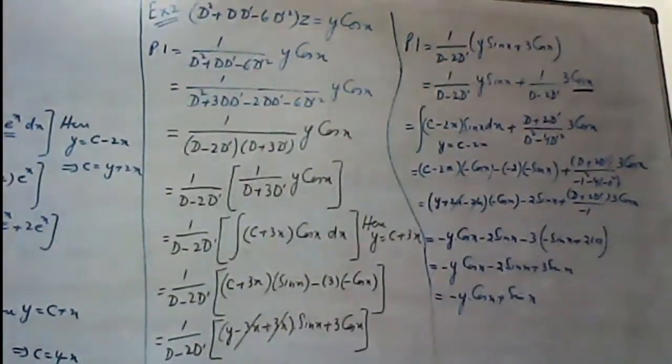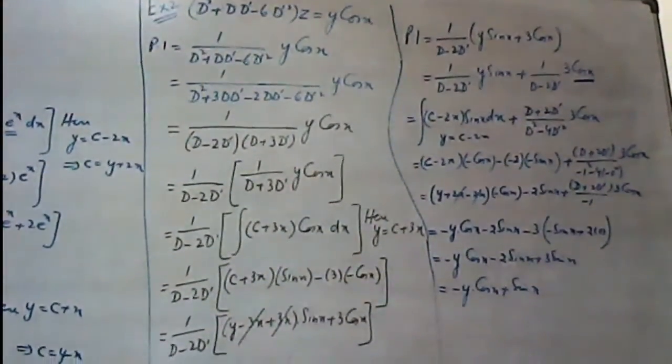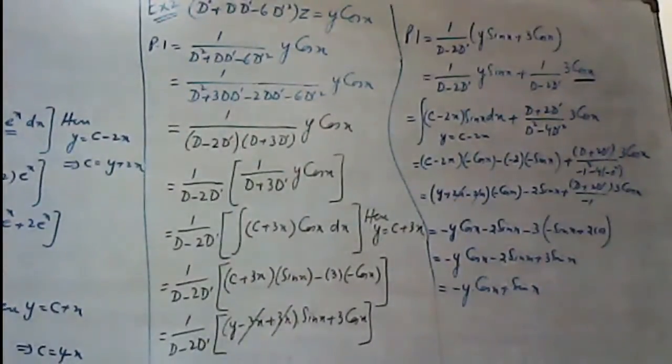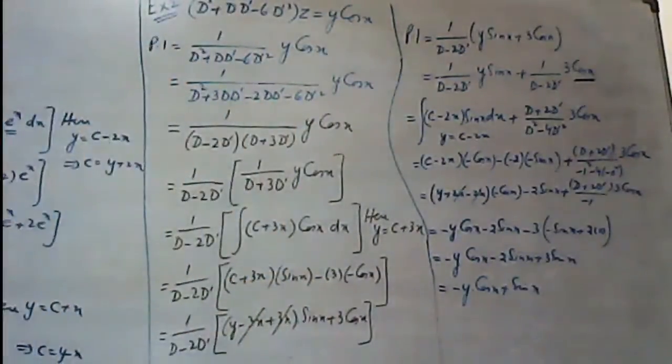So this is the complete view of example number 2, sorry. This is example number 2 of method number 4. It means we have a product of any two terms belonging to methods 1, 2, 3. The terms can be a product of any kinds of terms. It is not mandatory that we always have a product of methods 1, 2, 3. For a product of any terms, this method is applicable in this way.